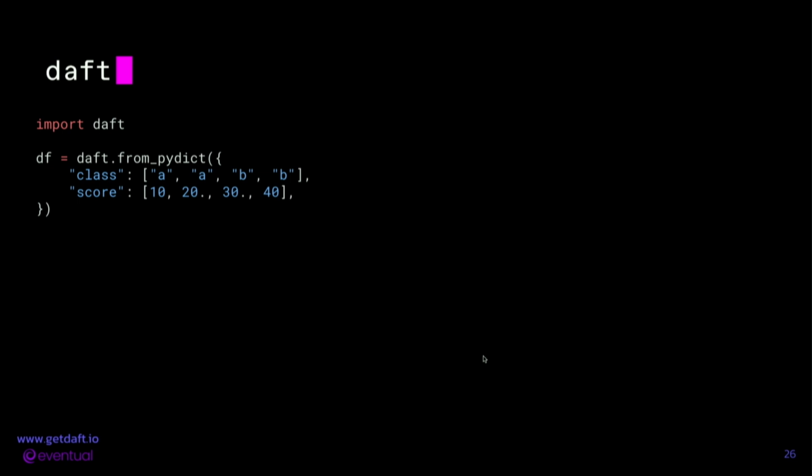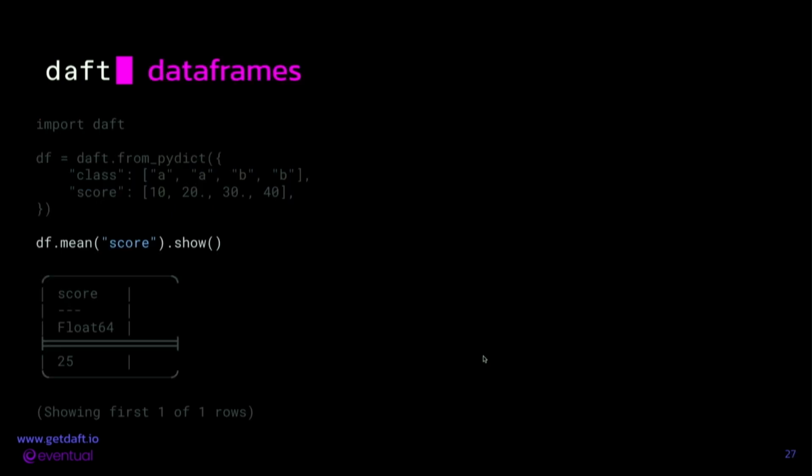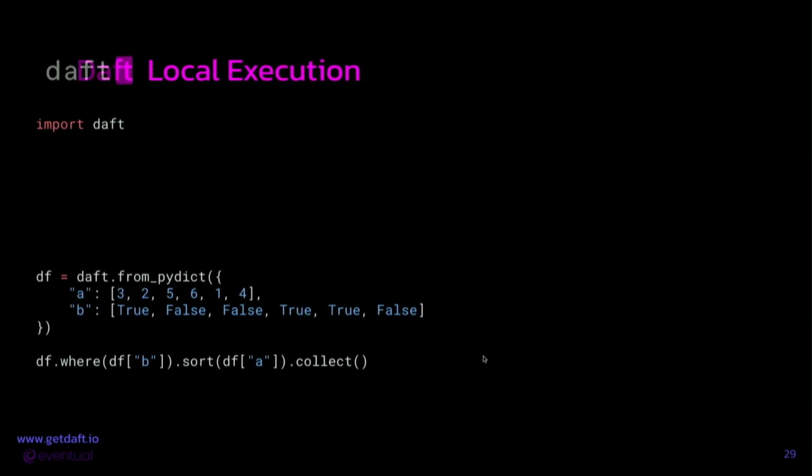Here's some Daft code. It's very simply a data frame. Looks very similar to what you would see in Spark. You can run normal data-framey stuff. In this case, you can't see the output, but it's basically just calculating the average over a column, very SQL-y. And in fact, you can also run SQL within Daft. We built in SQL support because we know that multimodal support means you also support tabular workloads, meaning you have to do this stuff. And then Daft runs locally, and that will be what I will demo in a bit.